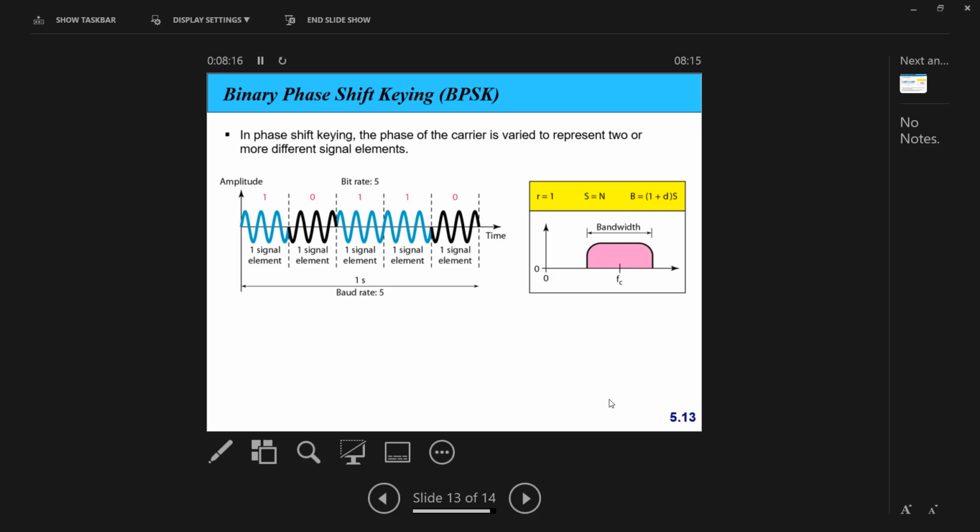So now we'll move to binary phase shift key. In the amplitude we change the amplitude, in the frequency we change the frequency. Now in the binary phase shift key we will change the phase of the signal based on the received data. So we'll have the same carrier frequency, but we represent different signal elements by different phase. For example, L1 will have phase 0, so it will start from 0, and the 0 will have phase equal to